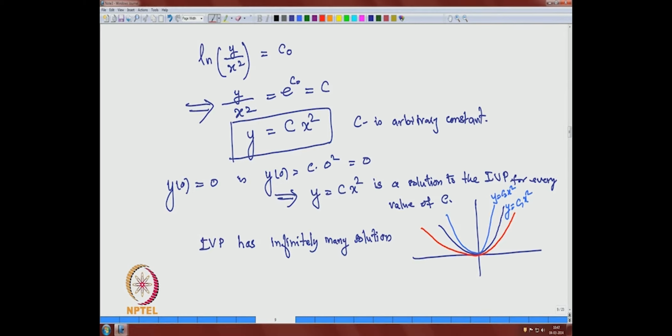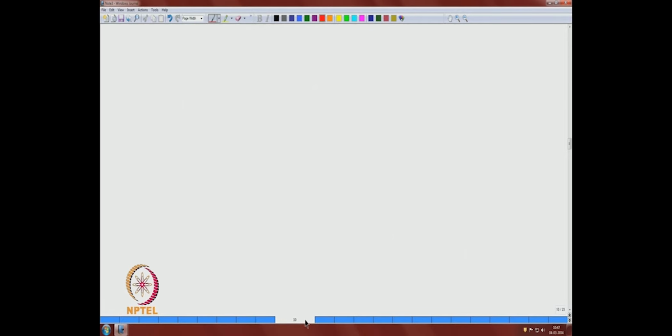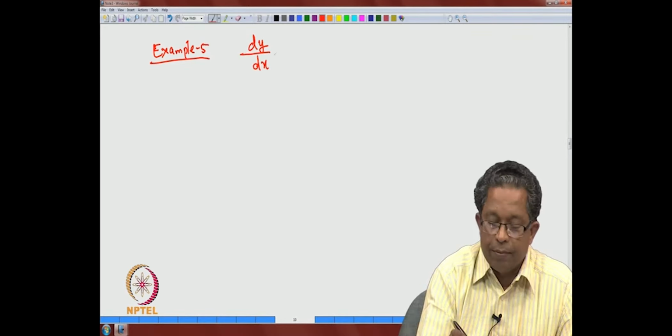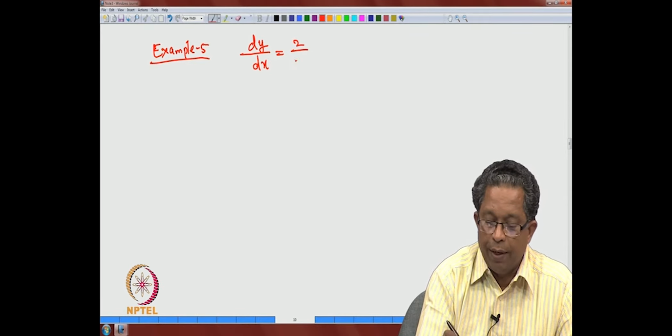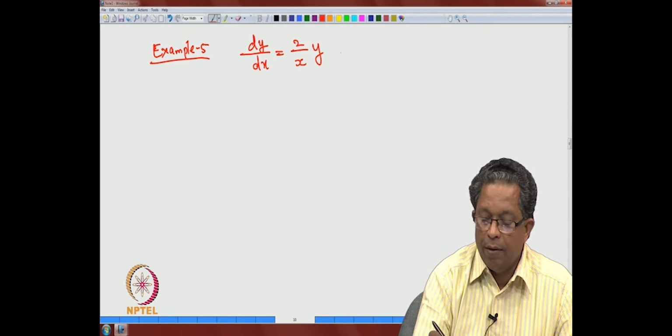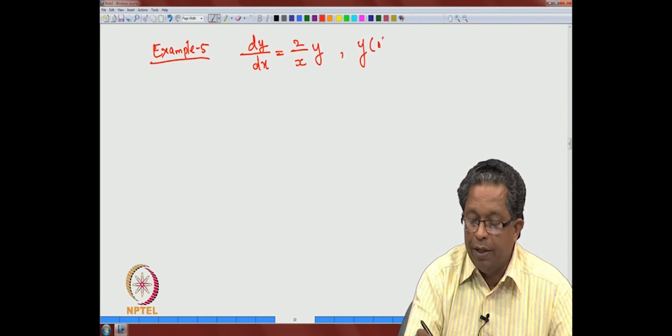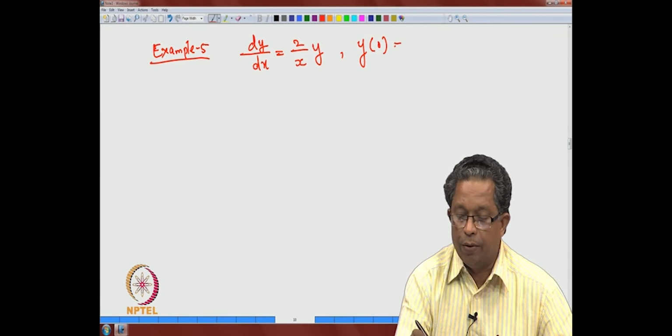Now, look at the same equation with a different initial condition. So the example is 5, dy by dx is equal to 2 by x y. Now the initial condition is changed: y at 0 is 1,